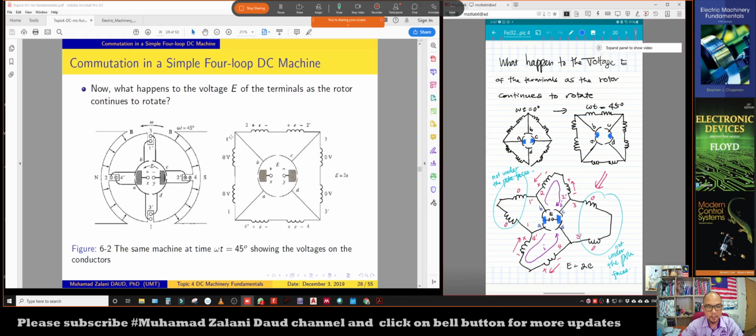So as you can see here, across 1 and 1 prime there is no voltage induced. Across 3 and 3 prime as well, no voltage induced, but the voltage will be induced at the segment of